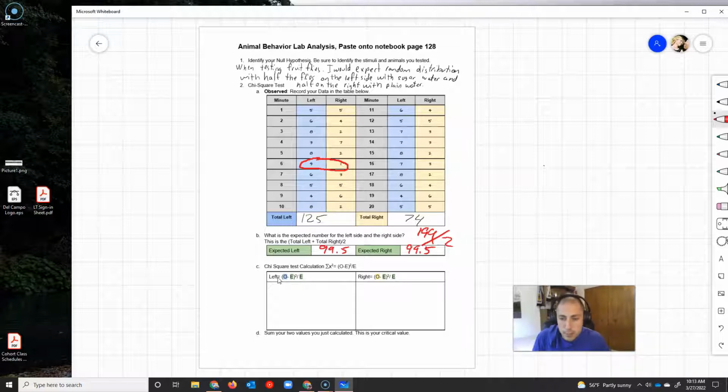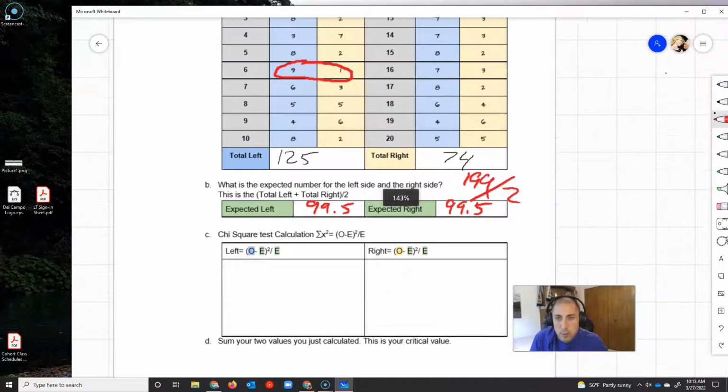All right, so now I go to my chi-square test. I want to zoom in a little bit more. I'm going to change back to the black color. And so here's my chi-square. It's observed minus expected squared divided by expected. So negatives aren't going to matter because they'll be squared, so it'll always be a positive number. So observed was for blue, right? I color coded. I've got my blue. Observed is